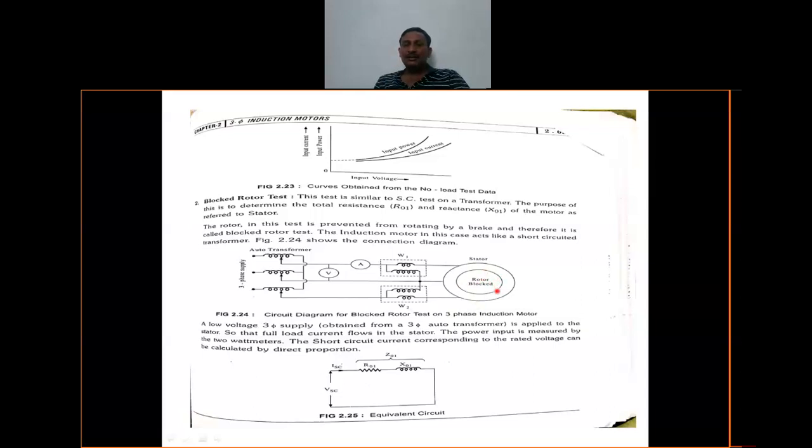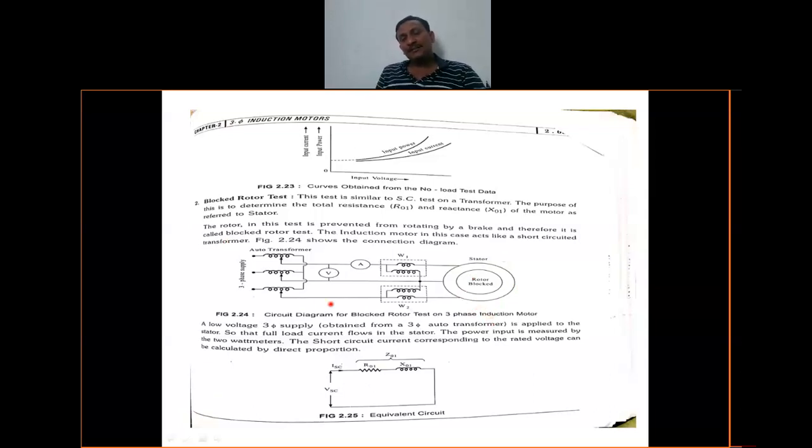The rotor is not rotating. That means it is taking a large amount of current. By increasing load, current increases. By tightening the belt, current increases, and again tightening this belt, current increases. You can get full load current, but after that also, if you tighten the belt, the rotor is blocked.